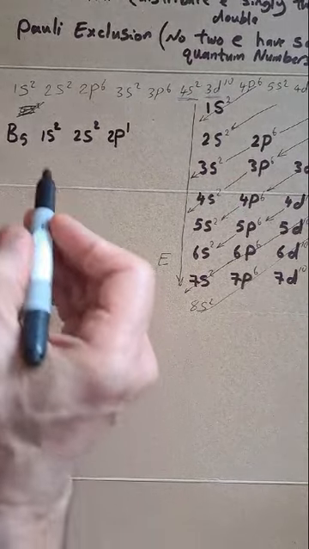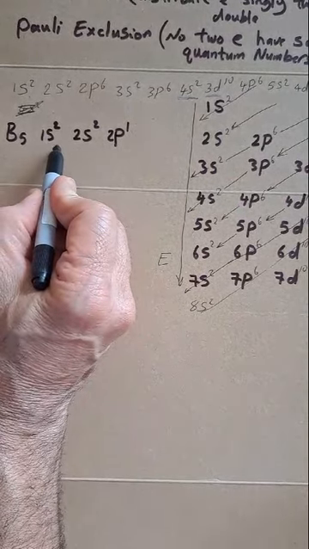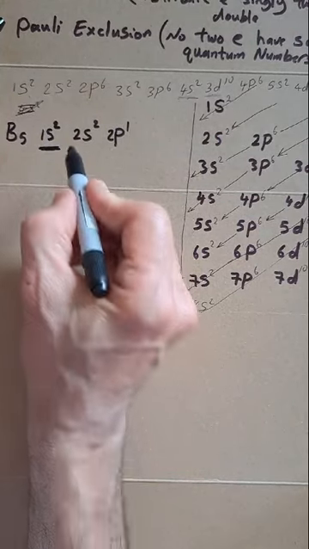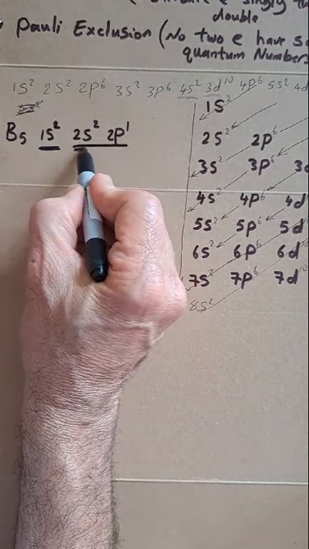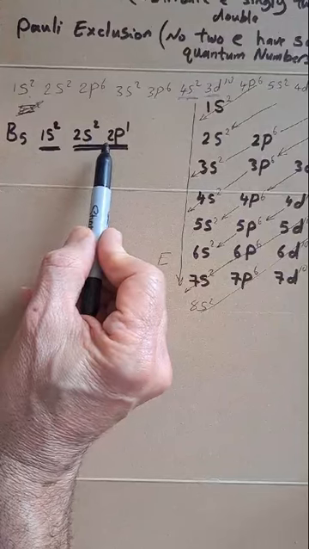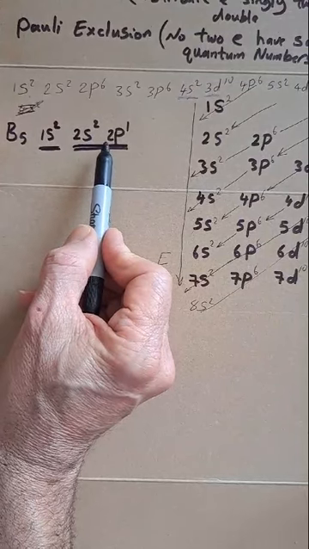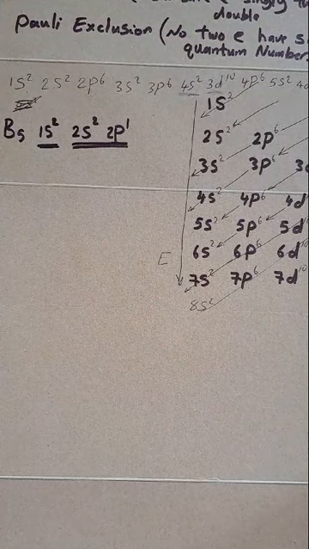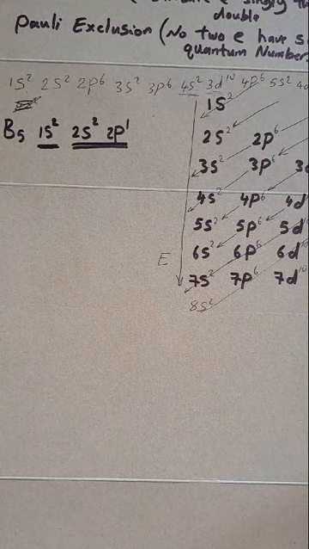So here, as you see, this is the first main shell. This is the second main shell. How can I say second? This 2, 2. This is the first principal quantum number. So now if I want the 4 quantum numbers